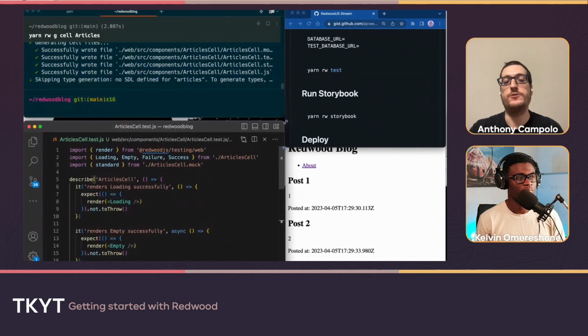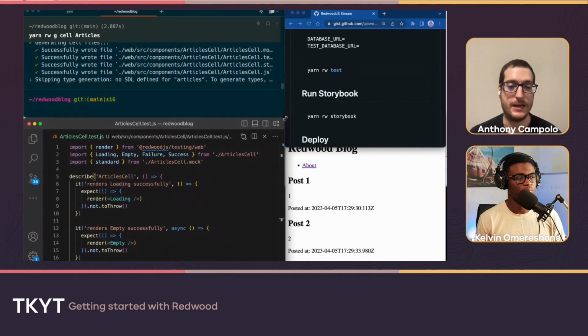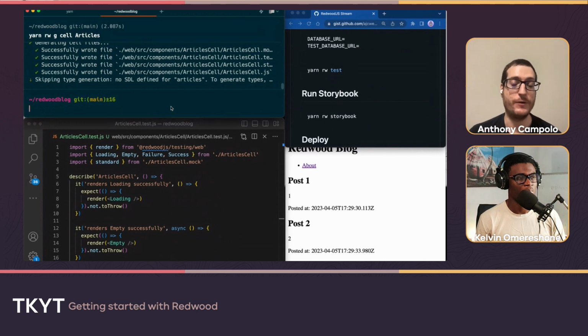Every time you create a cell or a page, any of those things, there's always going to be a test already written for you, at least a basic TDD, test driven development, type setup. So if you are too lazy to write tests, there will at least be a test somewhere along the line that will make sure you're not going to shoot yourself in the foot.